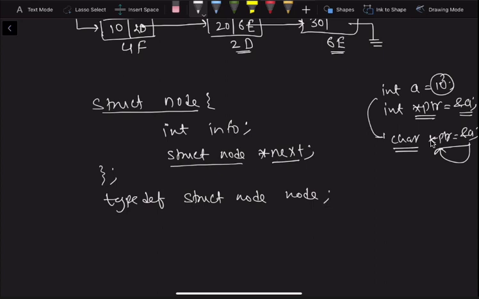What it does is it will type its definition from struct node to node only. So instead of creating a variable like struct integer a, we write int a, because it has already been typedef'd in the library file. You are not doing it, but the compiler has already done it.